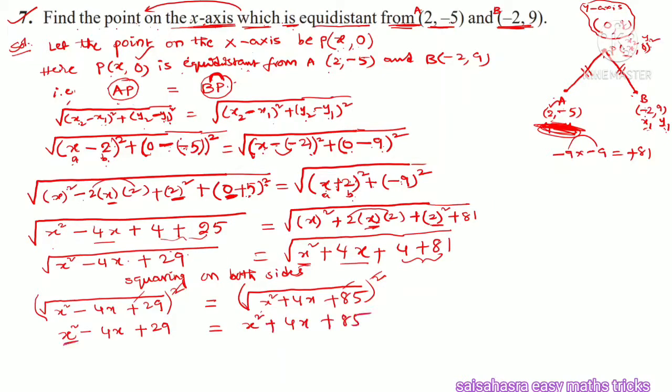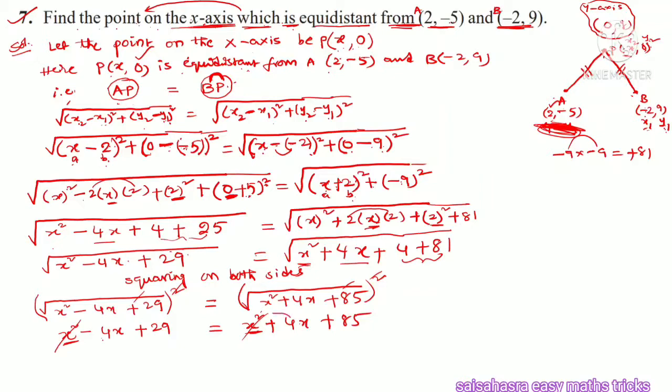When you transpose this plus x square to the right hand side, x square is already there, so this plus x square becomes minus x square, and x square minus x square becomes 0. Instead of transposing and getting 0, I am directly cancelling here. But this minus 4x and this plus 4x we can't cancel, because if minus 4x comes to this side, it will become plus 4x only. That's why we can't cancel them.